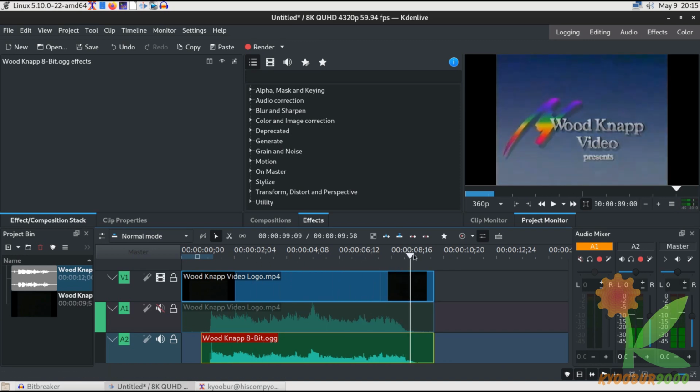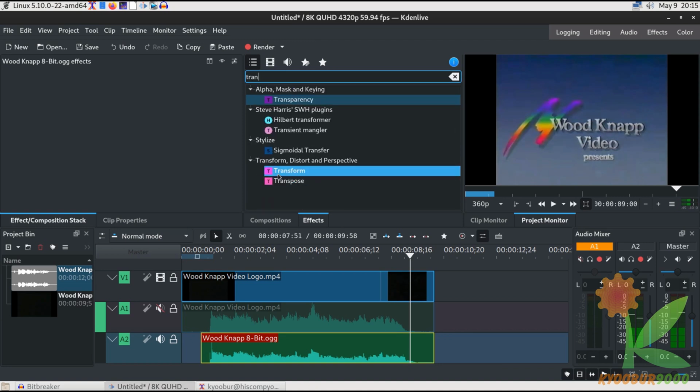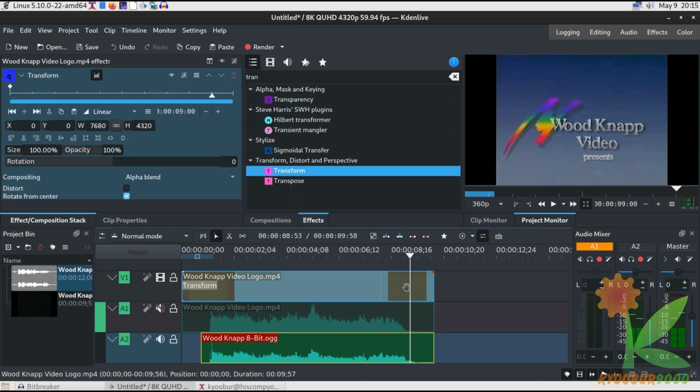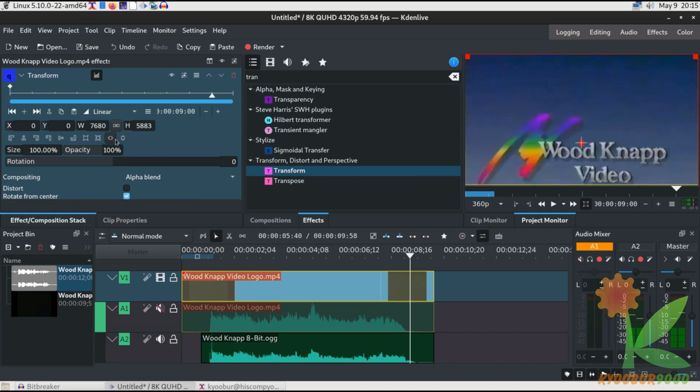And now for the video effect. The video effect, I would say, is a lower priority, but I'm still going to show you how to do it. So the first thing we're going to do is make sure that our video fills a widescreen. And I usually do this by applying the transform effect. Fit to width sounds good, and maybe